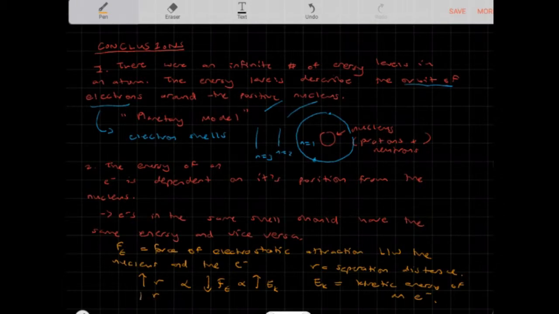And if the separation distance decreases, the force of attraction increases, and as a result, the kinetic energy of an electron decreases, right? So using this notion, Bohr created his planetary model, and this was really instrumental in understanding chemistry,